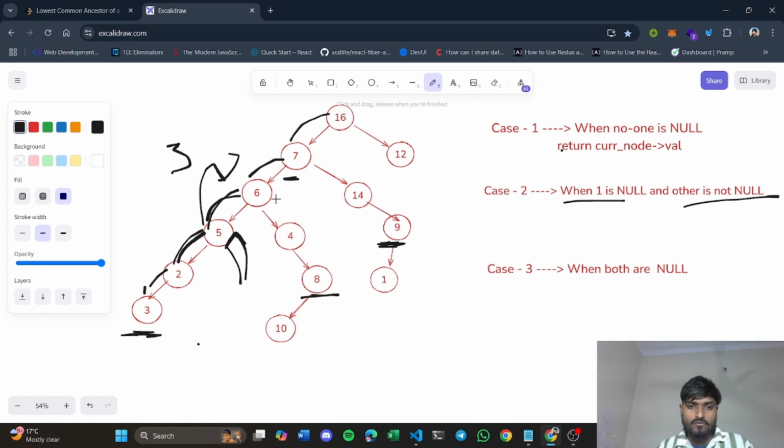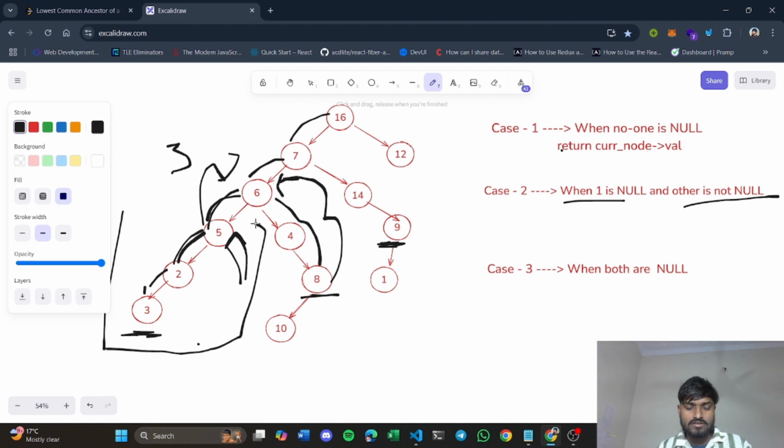Again, when you went to the right of this node 6, you found node 8. So you will return 8 from here. So it will become the first case. This was the second case we understood from the intermediate nodes from 5 to 3. In that case, you will basically return the left node.